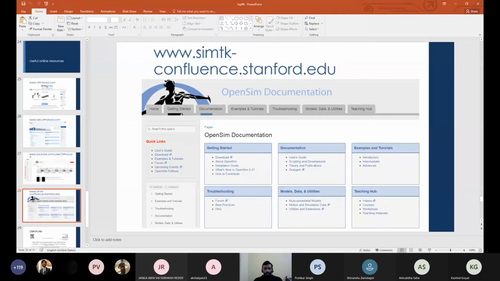And there is another one called simtk.org. This is OpenSim software. OpenSim is open-source musculoskeletal modeling software. If you want to go further, like if you are doing some projects, it will be helpful to follow this particular guide. In general, it is very helpful. You can download it from SimTK, but not at this moment. I will tell them later.